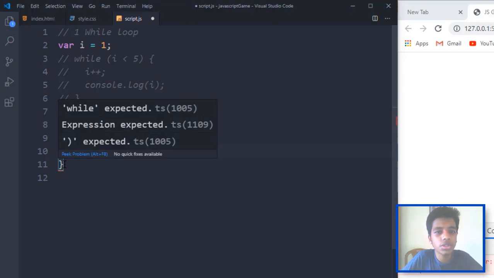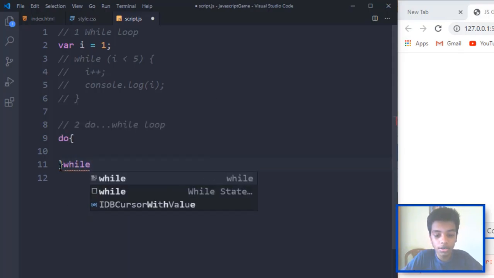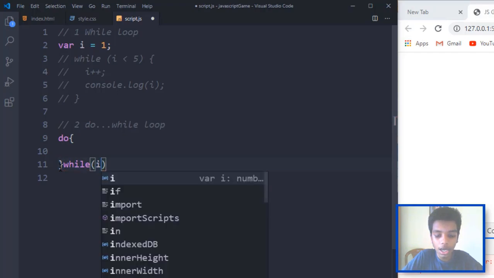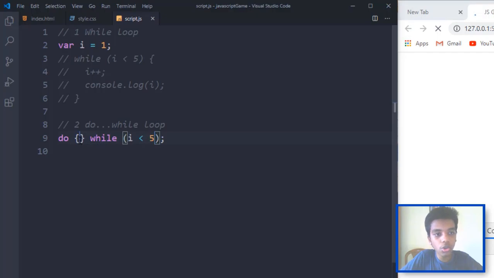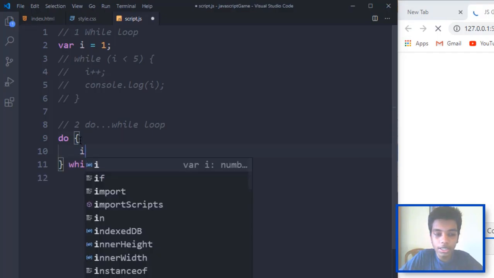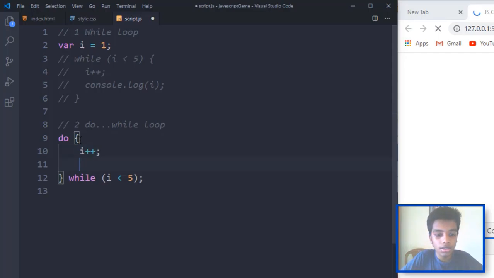You might have a question like, what is the condition, right? How do we get the condition? Right after the brackets you put a while and you say i is less than 5. So that's exactly how it works. Inside the do, you want to increment i by 1 every time the loop runs. Then you want to